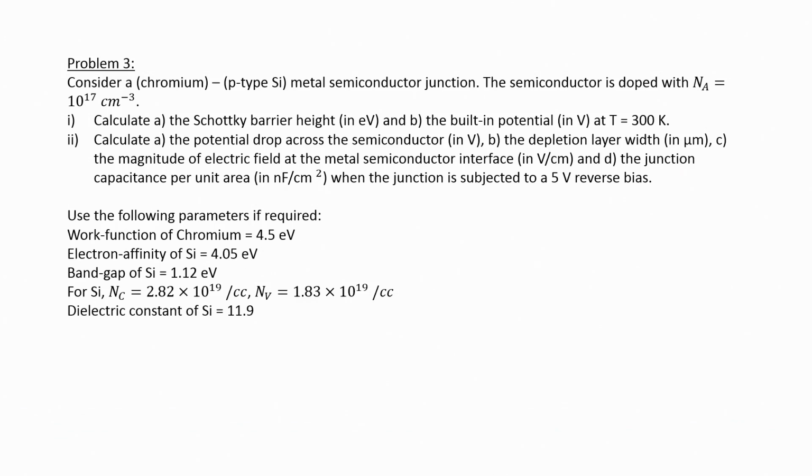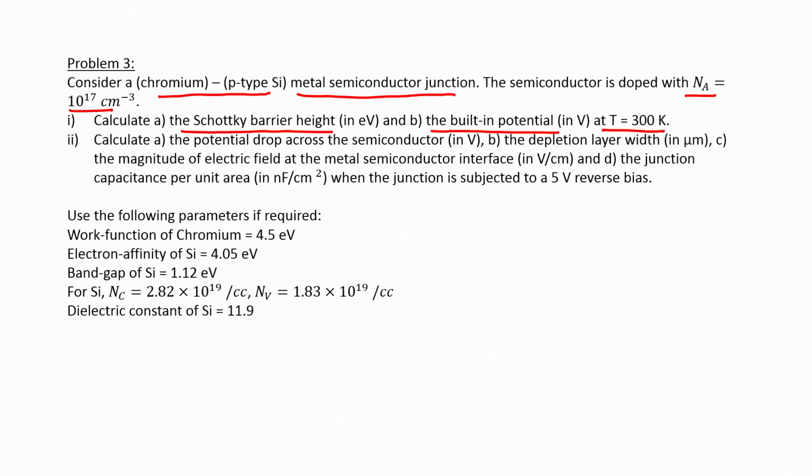So now let us move into the next problem. The problem states that there is a chromium and p type silicon metal semiconductor junction. The semiconductor is doped with Na equal to 10 to the power 17 per centimeter cube. First, you have to calculate the Schottky barrier height and the built in potential at T equal to